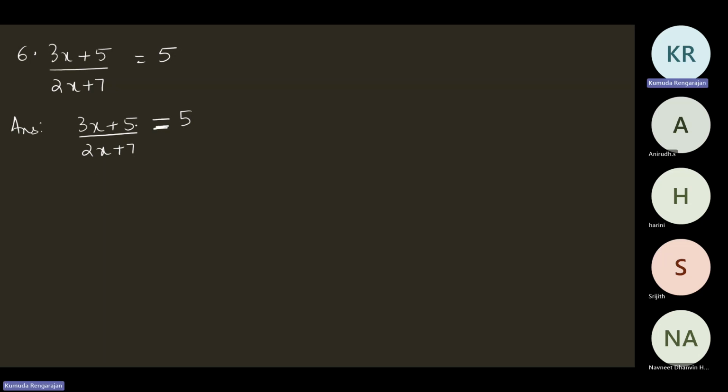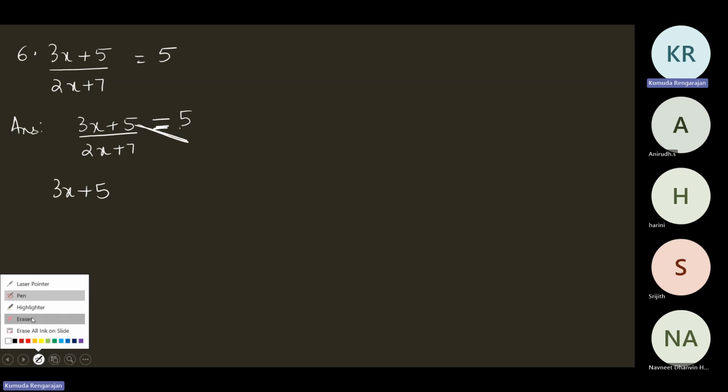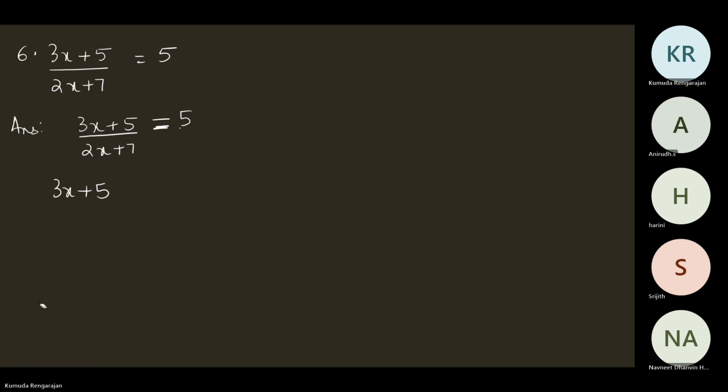So 3x plus 5 into 1. There's nothing. It's 5 by 1. What is 5? 5 means 5 by 1. That's like you're multiplying 3x plus 5 into 1. So that's going to be 3x plus 5 only. So just write 3x plus 5 is equal to